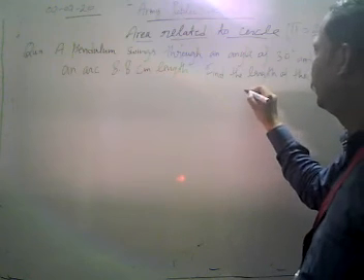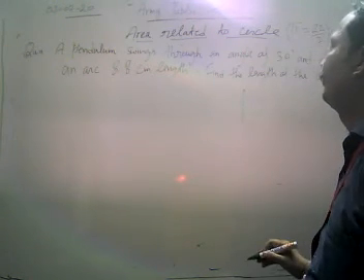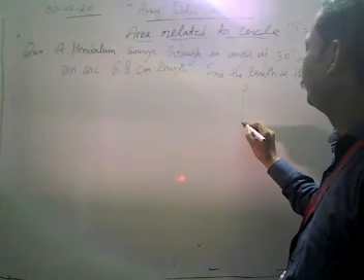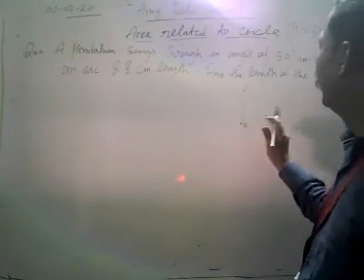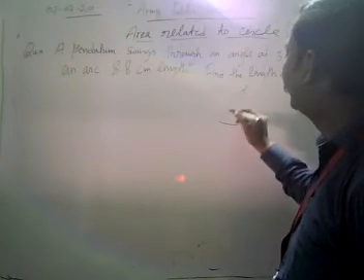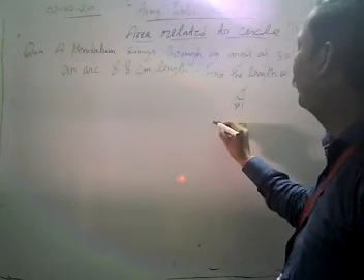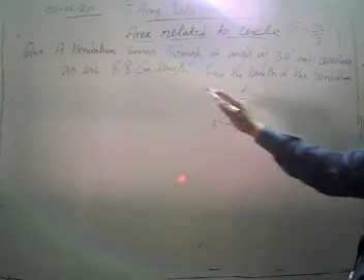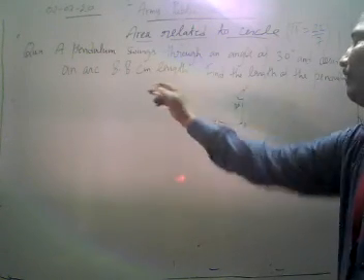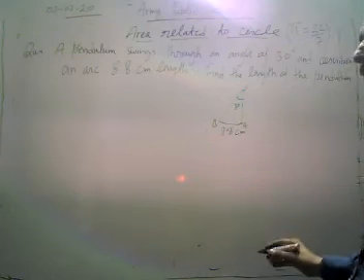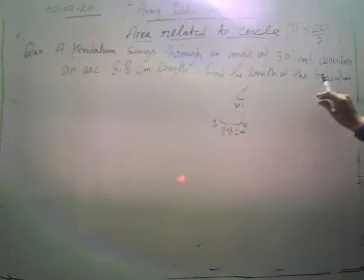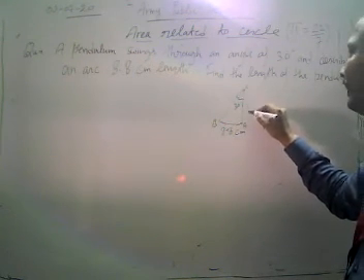Let's suppose this is our pendulum. OA is our pendulum there. It moves through an angle of 30 degree. Now it makes a sector there, sector OAB. We have to find out, it's moving there, and this length AB is given there, 8.8 centimeter. Now our angle is 30 degree, and we have to find the length of the pendulum. That means we have to find out its radius, r.